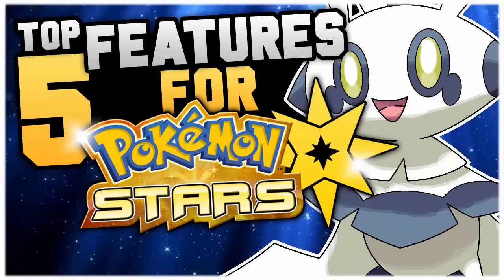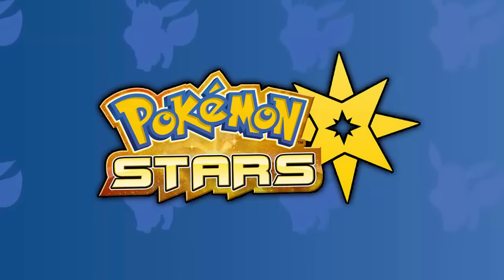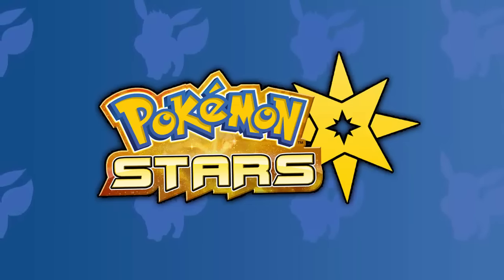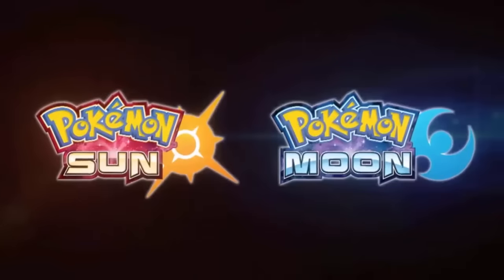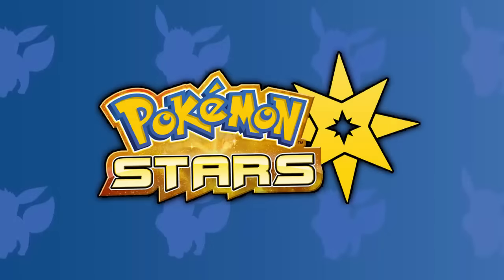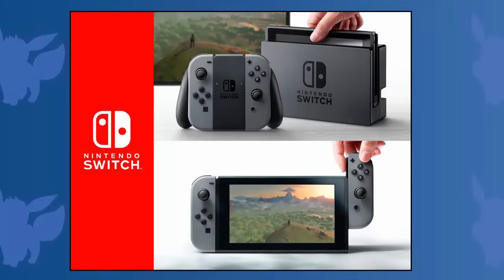Hey guys, HTV here. Now, if you haven't heard by now, a new mainline Pokemon game, codenamed Pokemon Stars, is reportedly in development for Nintendo Switch and will release for the console sometime in the near future. A rumor claims the Pokemon Company was working on a Pokemon Sun and Moon sequel for the Nintendo Switch. The sequel was allegedly named Pokemon Stars and would be the first Pokemon game to be released for Nintendo's household